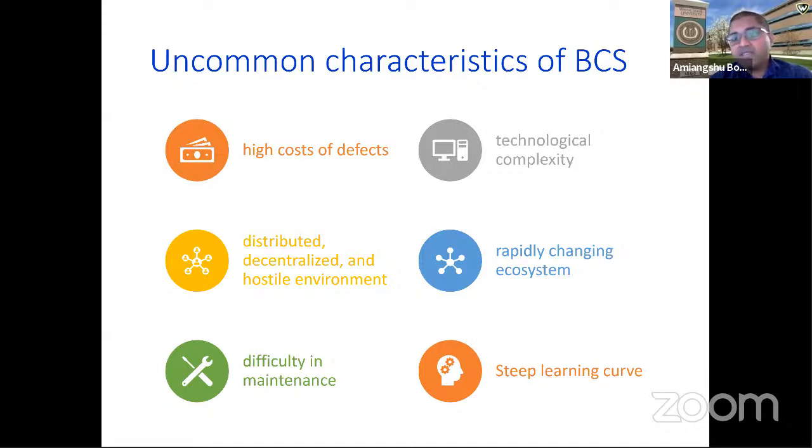In these domains, let's say medical software, where safety is very critical, they will not find much of a difference between blockchain and non-blockchain software. But most of the traditional software development ecosystem doesn't have that kind of higher emphasis on security, reliability, and zero tolerance of bugs. That's why most of the people who come from the traditional software development domain find that blockchain software development